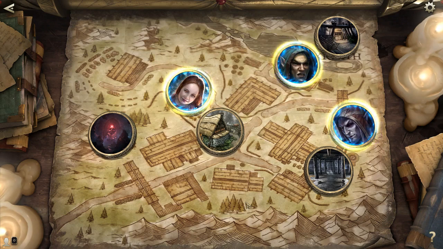Red eyes, hood, woman. Well, this is red eyes and woman. This is red eyes and hood. This person doesn't meet either of those characteristics. I mean, do we just go left to right and see? Do we want to accuse Babette? I don't think so. Because she...